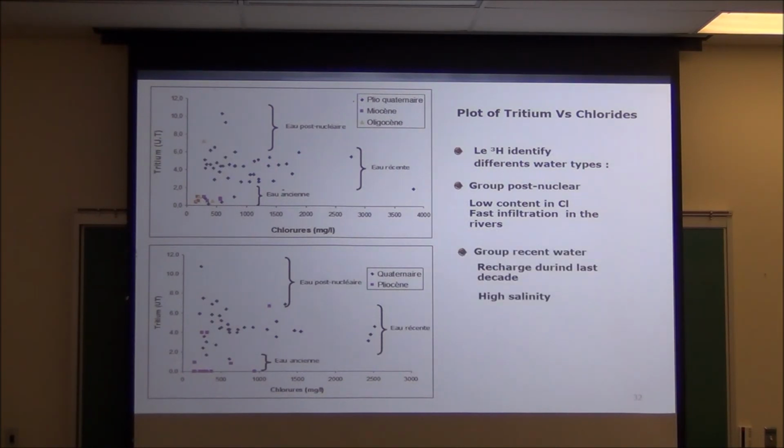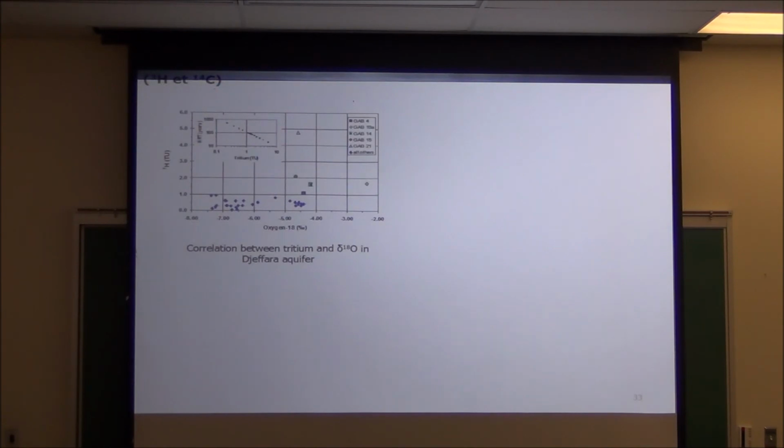And for the group of recent water, we have recharge during the last decade, and also we have a high salinity in comparison with this group. For the old water, we have a low amount of tritium and also a low content in chloride. The tritium and the carbon-14 can also be used for the estimation of recent or old